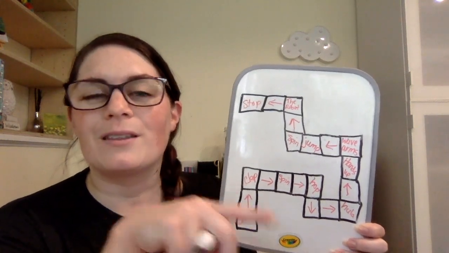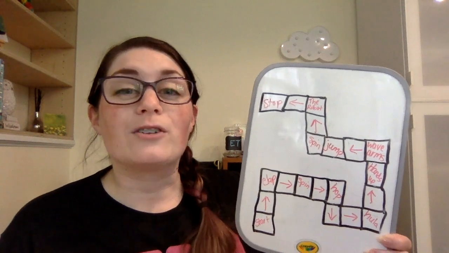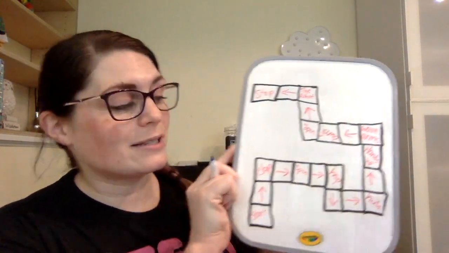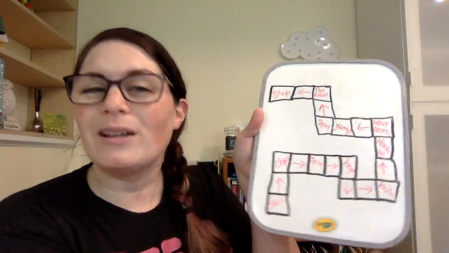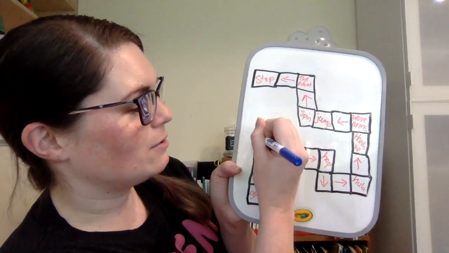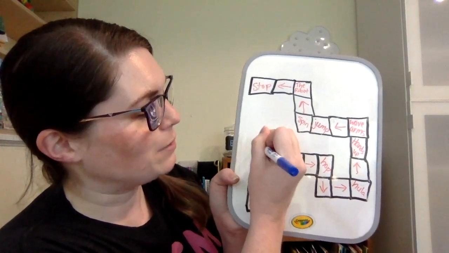Then you do them. The last thing we're going to do is where we add something that we want to repeat. Okay, so I need a different marker for this one. I'm going to use a blue one so it stands out a little more. Now we're going to give some of these a loop. Maybe you want the person to do something more than once, like clap. When we clap, we don't usually clap one time. So maybe we stick a little box out here to the side, and then we can say repeat